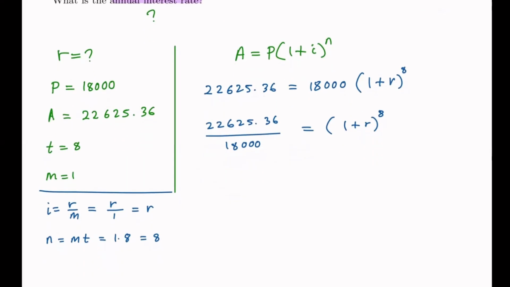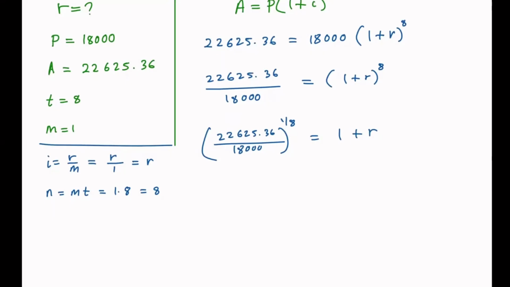Now, I take the 8th root on both sides to get rid of the exponent. So I will have everything raised to 1 over 8th power, or 8th root of this number, 22,625.36 over 18,000, is equal to 1 plus R. Now that it is almost isolated, I can solve for R by subtracting 1. So R is equal to simply all of this value. So again, feel free to put it in your calculator, all of that, and then subtract 1. That will give you the R value, which will come out to be